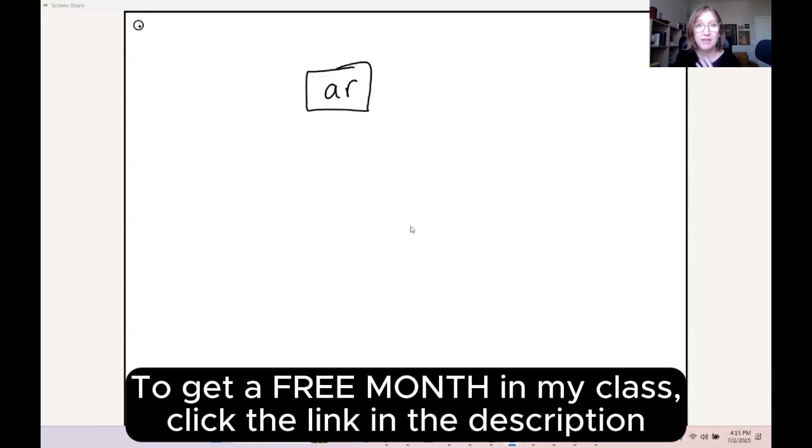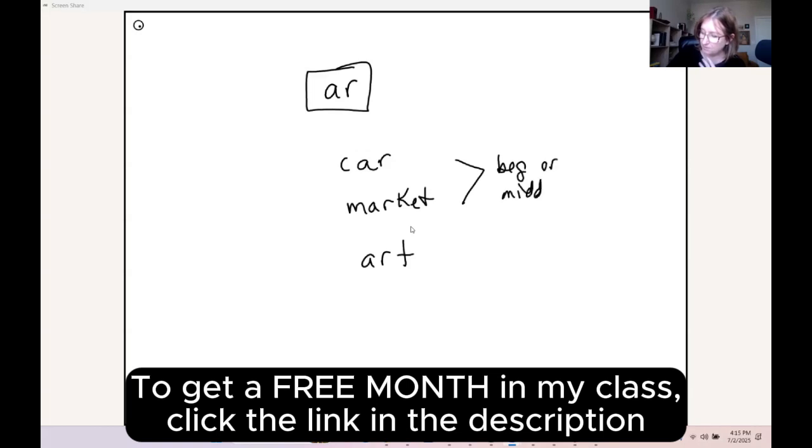Okay, so we're doing AR today solely, and AR says R, as in car or market or art. And this is at the beginning or middle of words. Sorry for my sloppy writing. Beginning or middle of words. You might see a word that has an AR in it and that AR doesn't say R. Don't worry, we're going to get there. But it happens when AR is at the end, such as